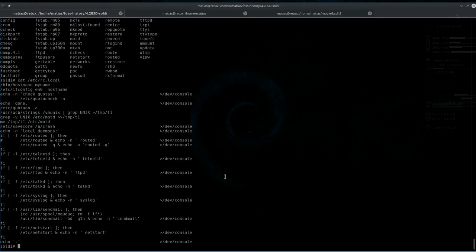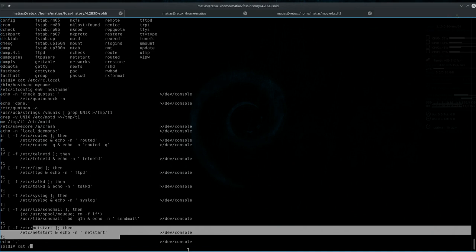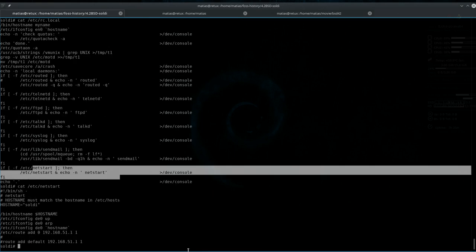This original BSD provides a lot of details and explains very well many design decisions from BSD. There is a set of daemons that are running: telnet daemon, route daemon for the RIP protocol, FTP, syslog, sendmail, the mail server, and, well, this is something I added. It's the network configuration script. You can find it there,